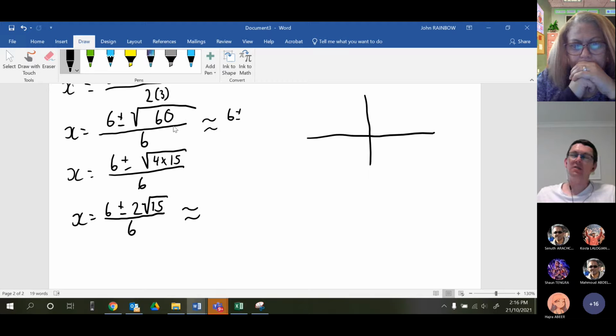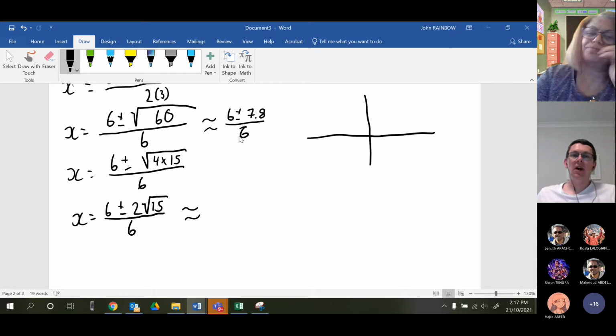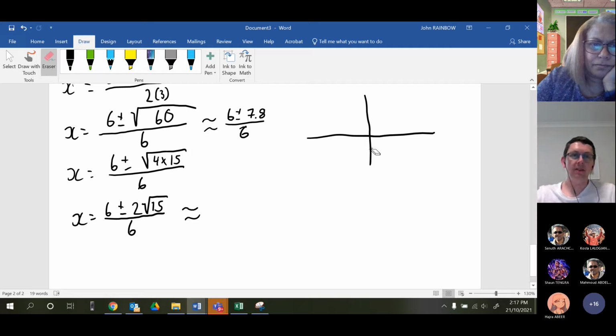Square root of 60 is between, what do we got? We've got 25, 36, 7, 7 is 49, 8, 8 is 64. So it's probably like, I don't know, 7.8, right? Yeah. So I can see that therefore what the value of this is, it's approximately, so I go back